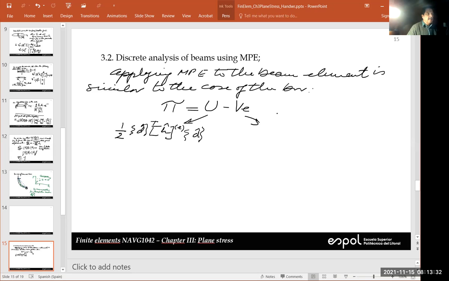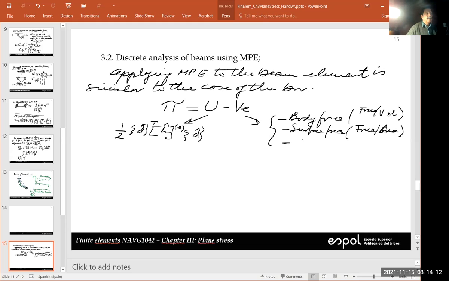Okay, so again, we have three possible situations. First is if we have a body force. In this case, since the body force is related to the mass, so we can think that we can apply a force per unit volume, okay? Force per unit volume. The other we can have is surface force. In that case, we will have force per unit area. And finally, we can have concentrated forces. And then we can have either force or moments on the joints. So we do not need to do much. Okay, so let's start by body forces. So let's convert